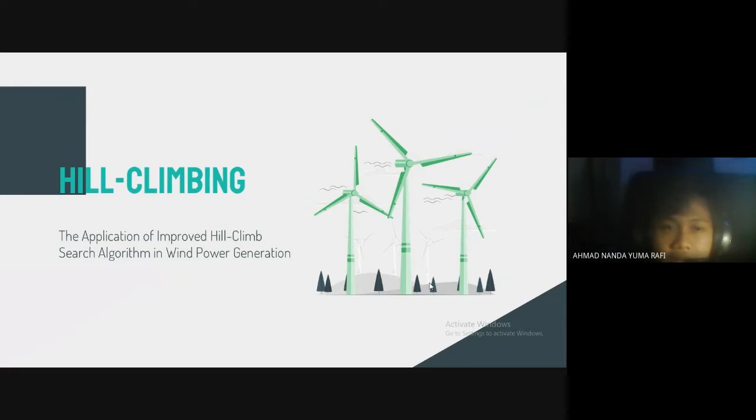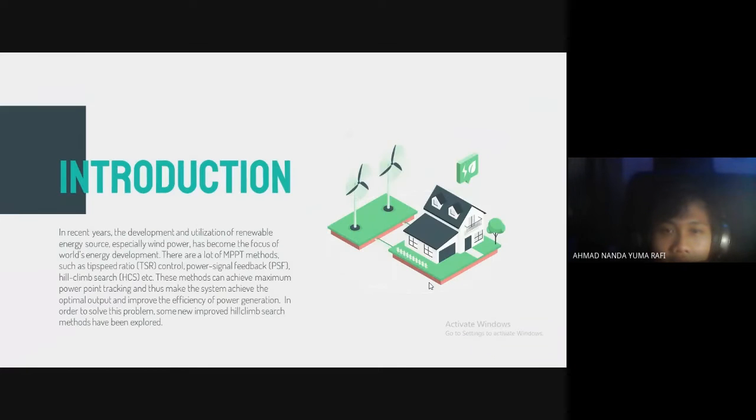The first is hill climbing: the application of improved hill climb search algorithm in wind power generation. This is the title of the paper that we want to explain. For the introduction, in recent years, the development and utilization of renewable energy sources, especially wind power, has become the focus of the world's energy development, and there are a lot of MPPT methods such as tip speed ratio or TSR control, power signal feedback or PSF, hill climb search